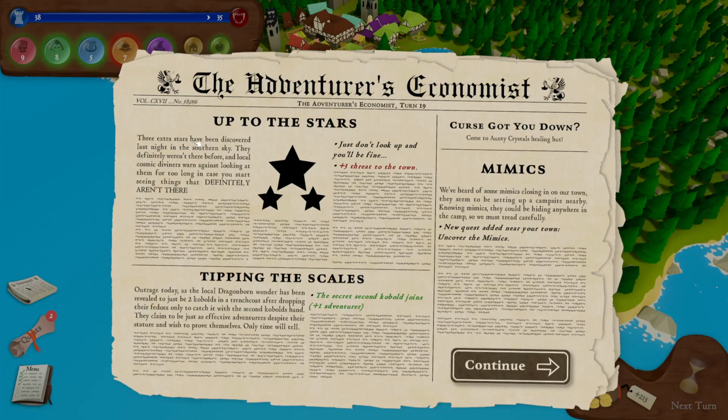Three extra stars have been discovered last night in the southern sky. They definitely weren't there before, and local cosmic diviners are warned against looking at them for too long, in case you start seeing things that definitely aren't there. Just don't look up and you'll be fine. Tipping the scales. Outrage today as a local Dragonborn wonder has been